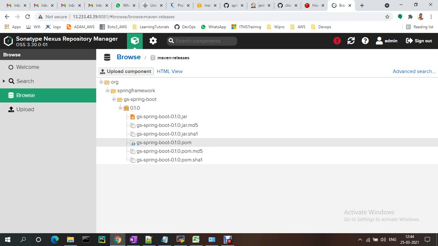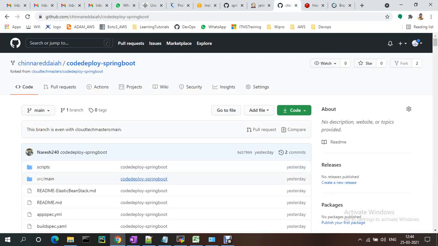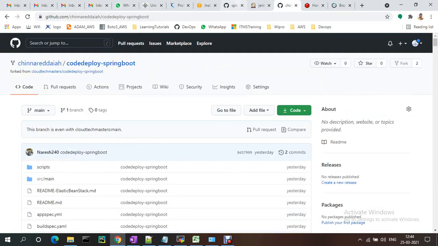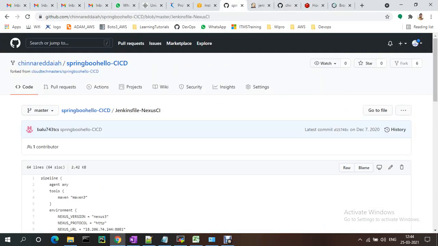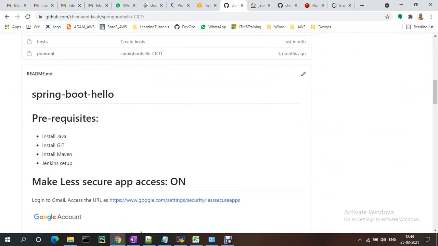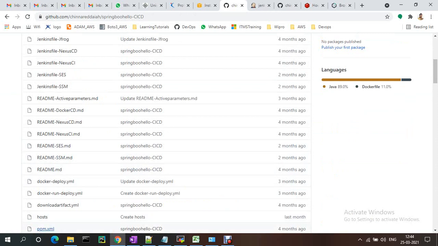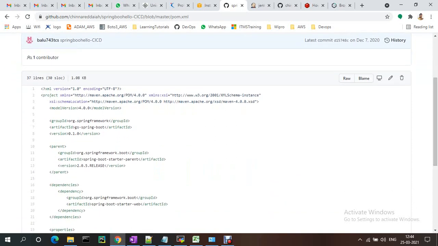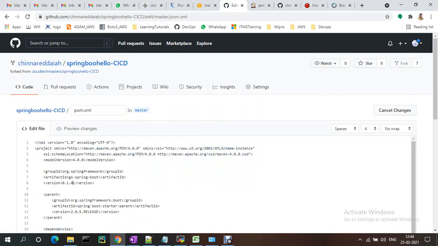Suppose if you want, you can change the version. Okay, so by default whatever the form versions are updated under this, right? So suppose, sorry, this is the Spring Boot CI/CD, right? So if you just change the version, suppose pom.xml file, the current version is 0.0, right? If you just need to update the version if you want, and if you try to build, suppose I'm giving minor version change.